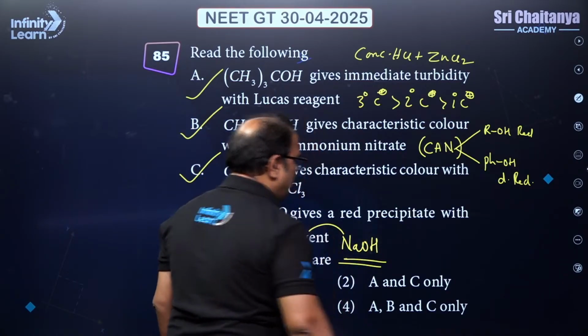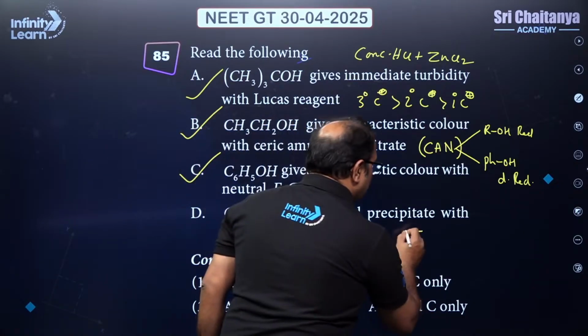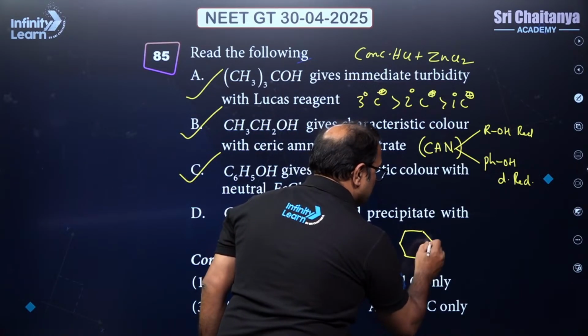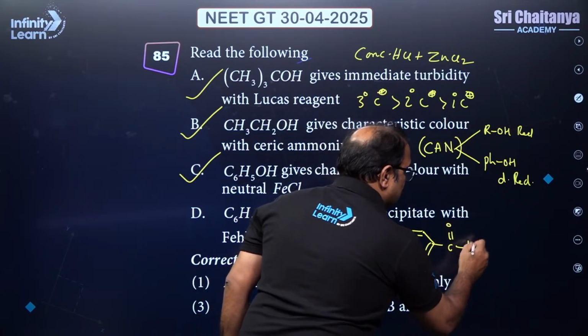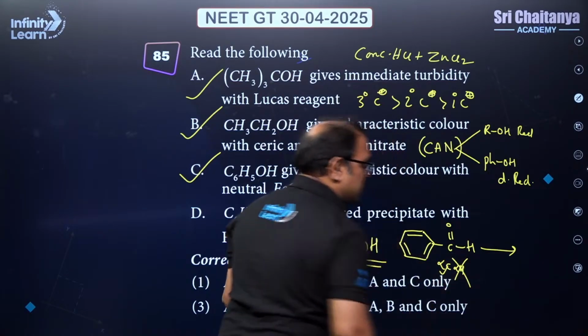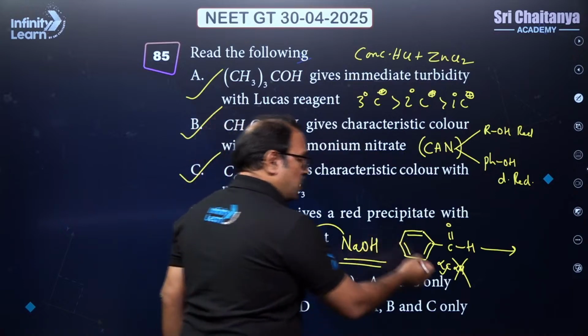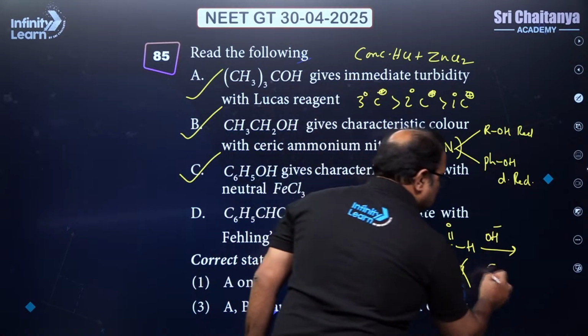When you have sodium hydroxide base present, and this is such a type of aldehyde which does not have alpha hydrogen. So the Fehling's test fails in these cases where you don't have an alpha carbon, or an alpha carbon is there, but there is no alpha hydrogen. So whenever the component is an aldehyde which doesn't have alpha hydrogen, it rather undergoes Cannizzaro